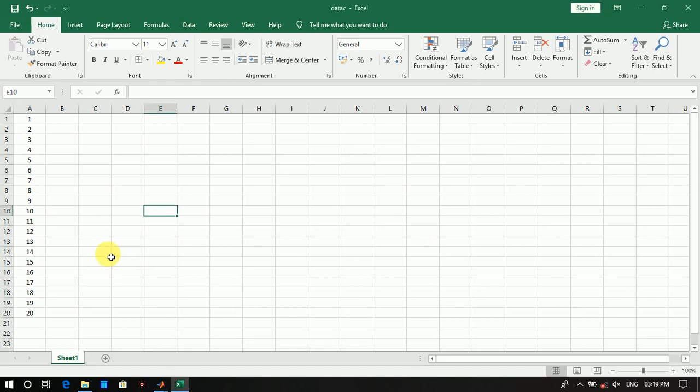In this video I will discuss a very important topic: how to change the columns in an Excel file to rows. Let us say this is the first column, that is the A column. I want to change it to rows, like 1, 2, 3, 4, up to 20. I want to change this column into a row. Then what is the method?